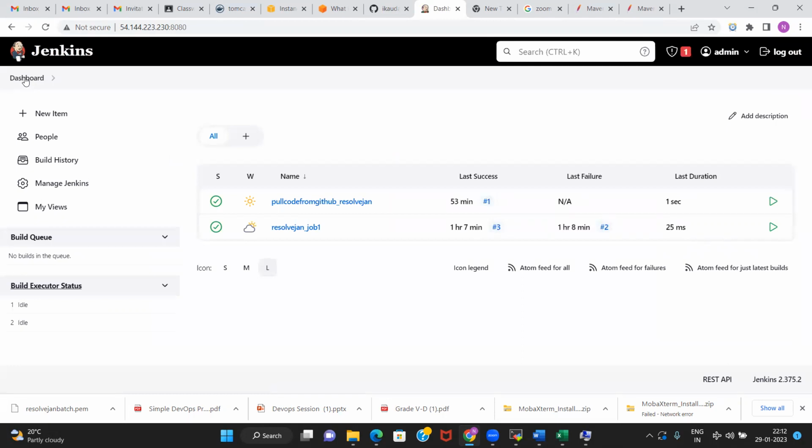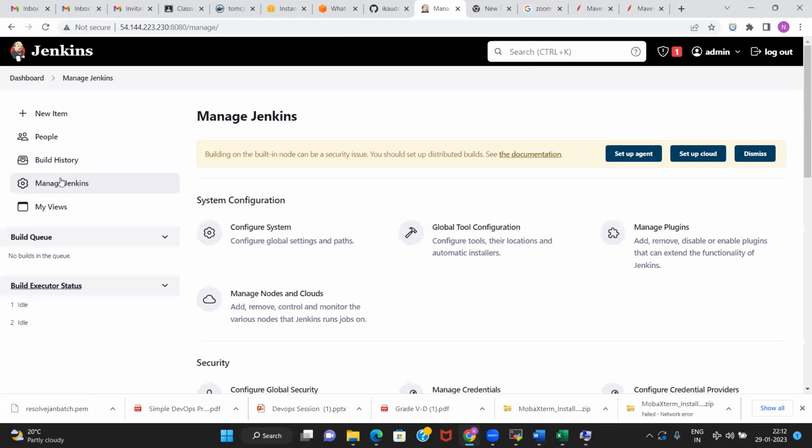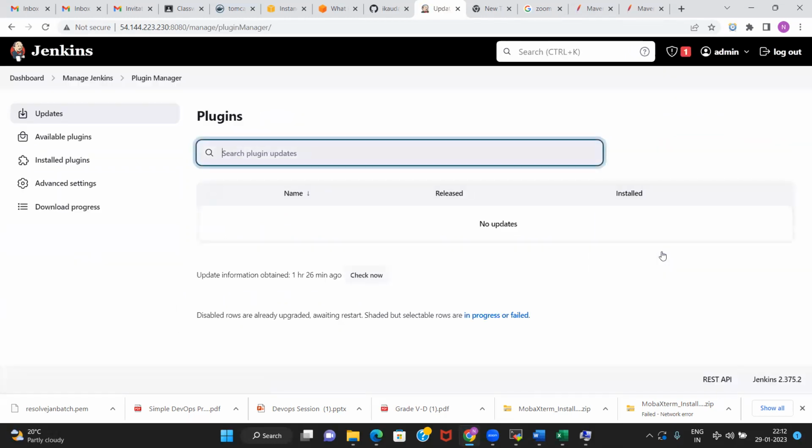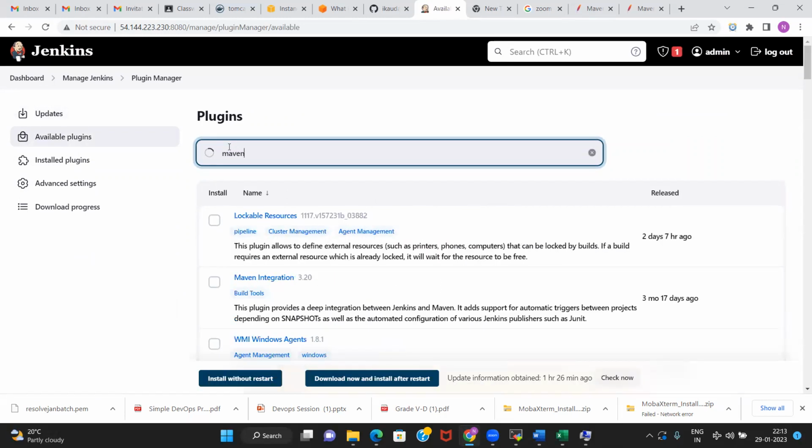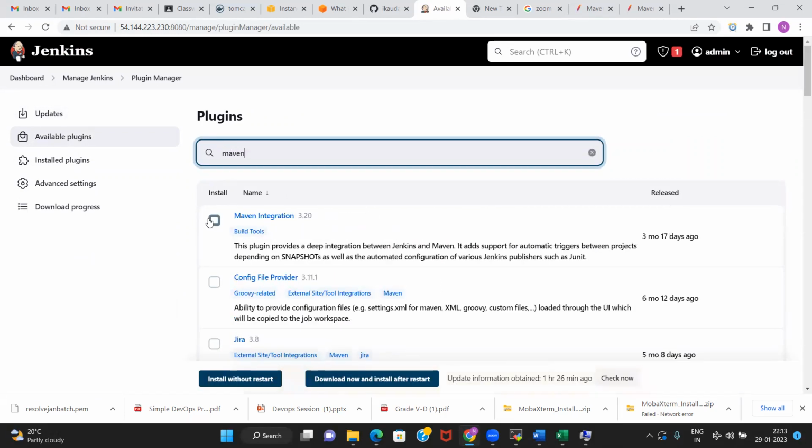How to do it? Manage Jenkins, and then Manage Plugins. In the available plugins, look for Maven and you will get the Maven Integration plugin.